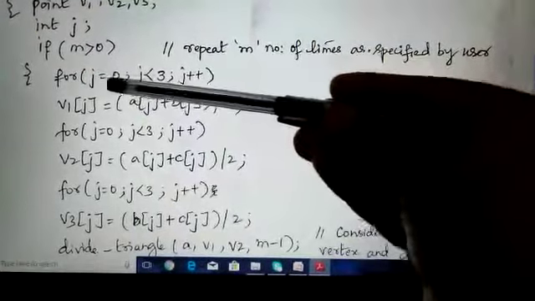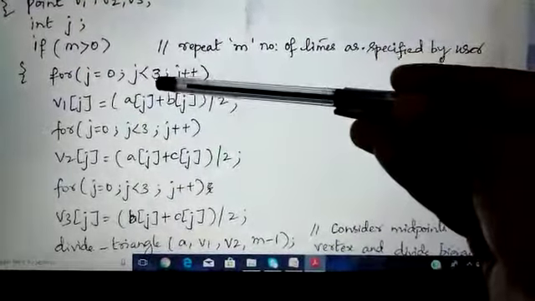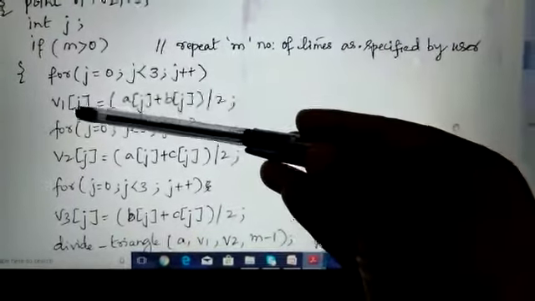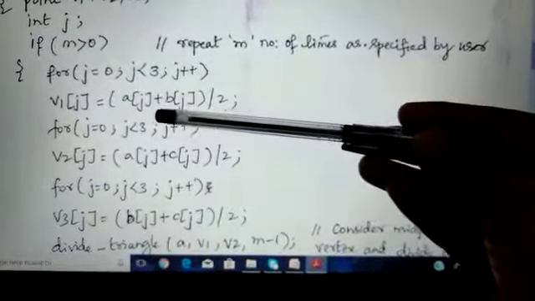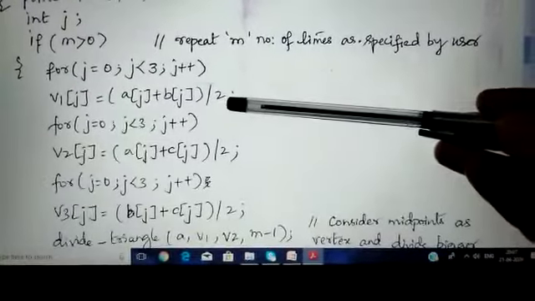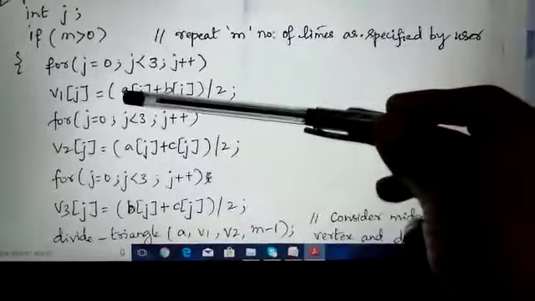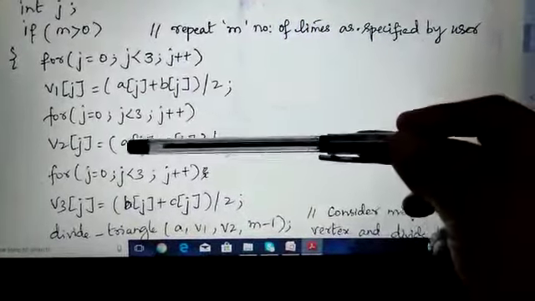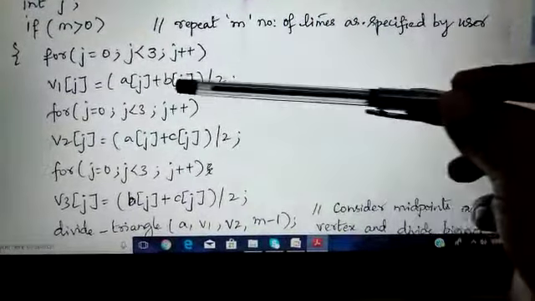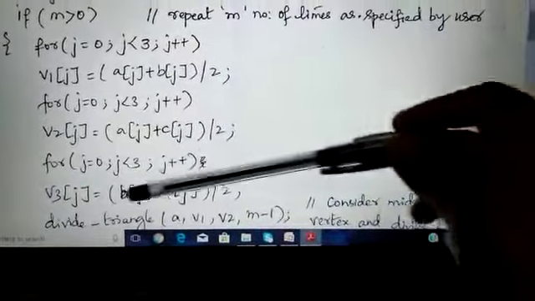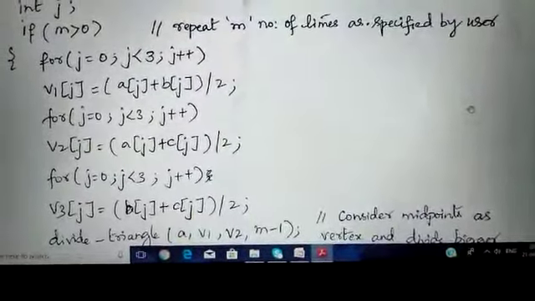As we chose, that should be less than 3, since we have 3 vertices. With respect to that, we divide the selected vertex with respect to points A, B divided by 2. So we deal with all the vertices, that is, we go from A, then AC, that is the set of AB, the set of AC and the set of BC. So all vertices we consider in a triangle.